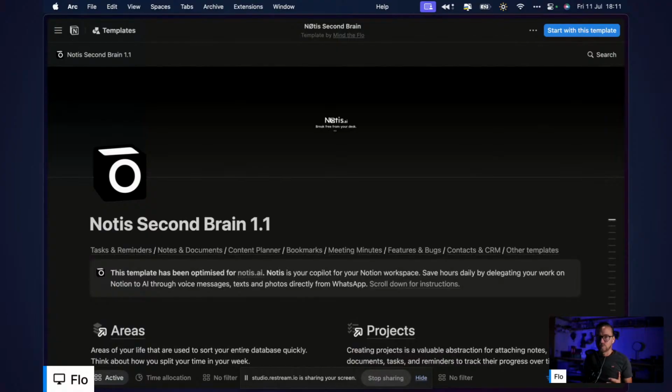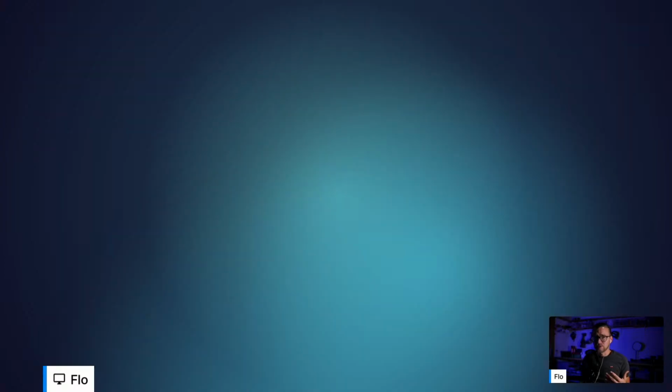What I realized is that a lot of users miss the point that Notis can adapt to any template whatsoever. And there are many template creators out there in the Notion template store. And there are many second brain templates that have been created by quite famous people like Ali Abdaal, Thomas,